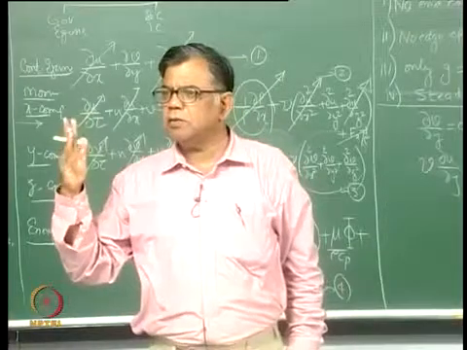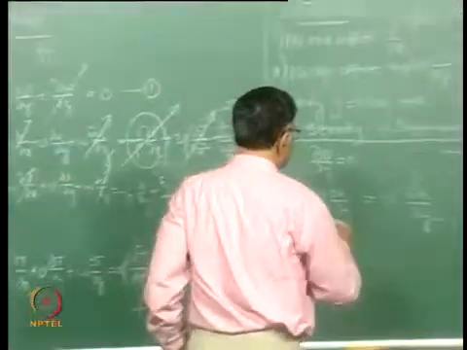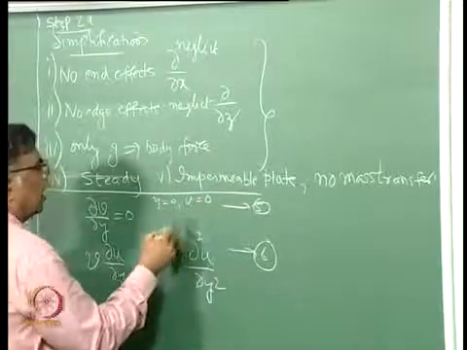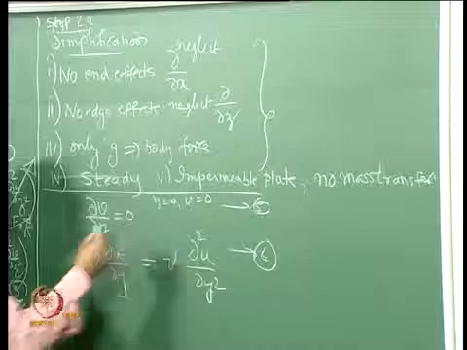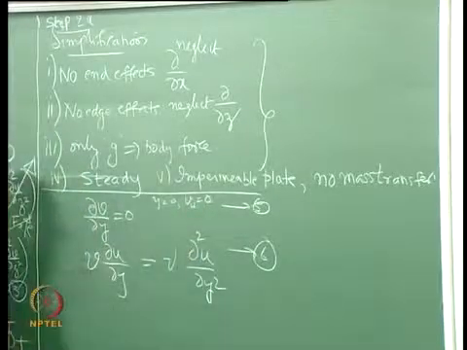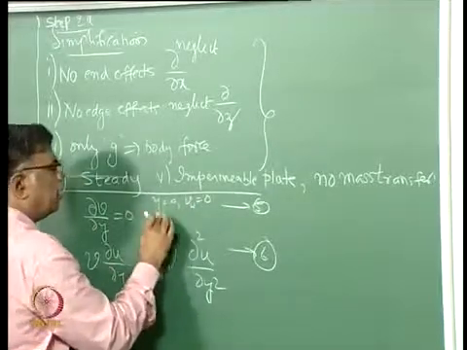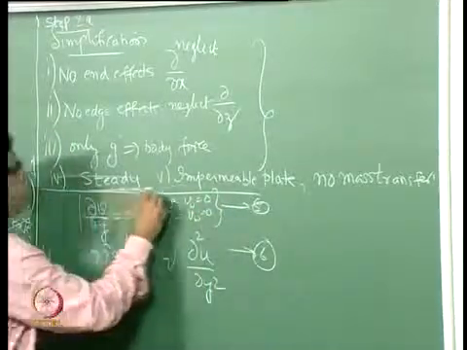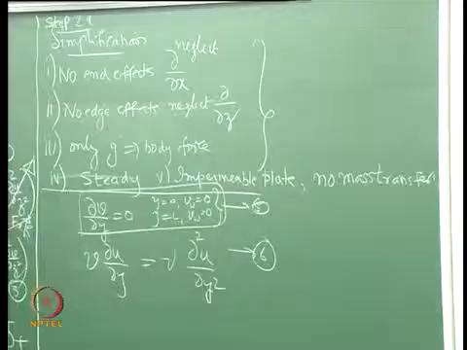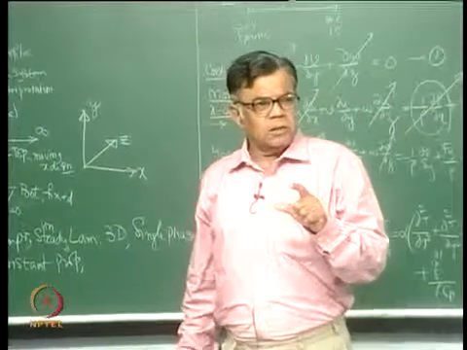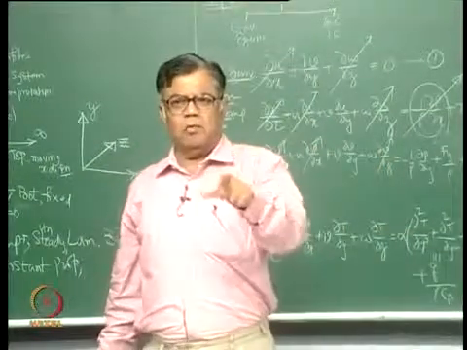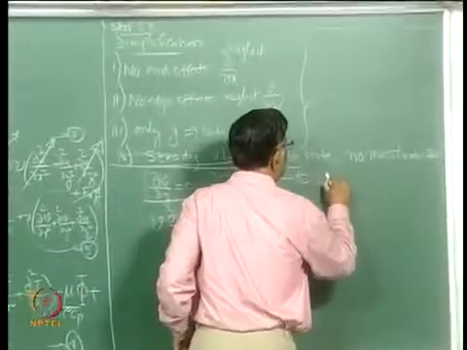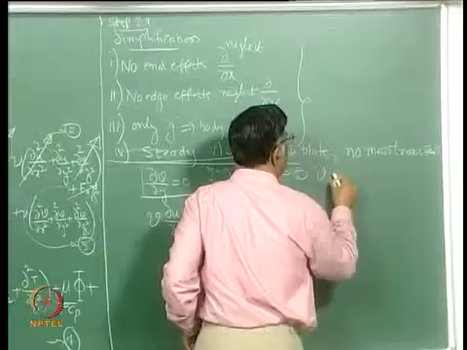V equal to 0 everywhere, there is no V component at all. Because at y equal to 0, V equal to 0. Actually, for y equal to 0 I should not write V0, we should say V equal to 0. And at y equal to L also V equals 0, and this component continuity equation and the boundary conditions tell you V is 0 everywhere. This is a very important physical interpretation. V equal to 0